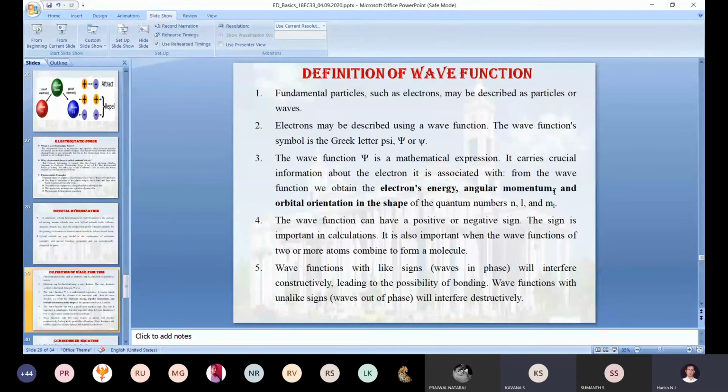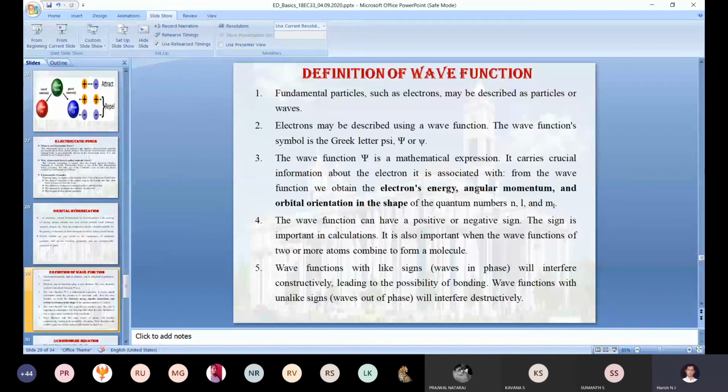And the last one, ML, stands for? M stands for the magnetic quantum number. There are two M's: one is ML, the other is MS. ML is the magnetic quantum number, which goes from minus L to positive L. MS is spin, positive spin or negative spin.